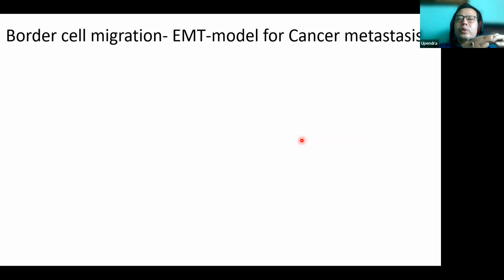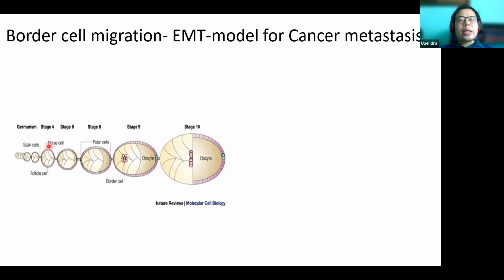Once the cell shape changes, they move to a different place, and after reaching that second site, they again change to epidermal-like so that they can grow. And this has been studied extensively using Drosophila as a model. You can see that these cells take shape from here and they migrate and go here, and after the migration it looks like there is no change in the cell shape, right? Okay, because the cell becomes like this